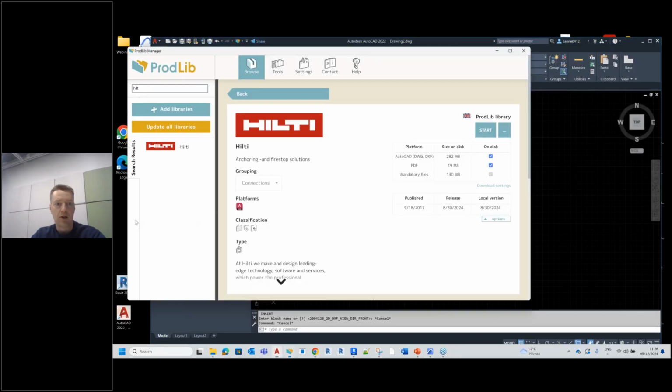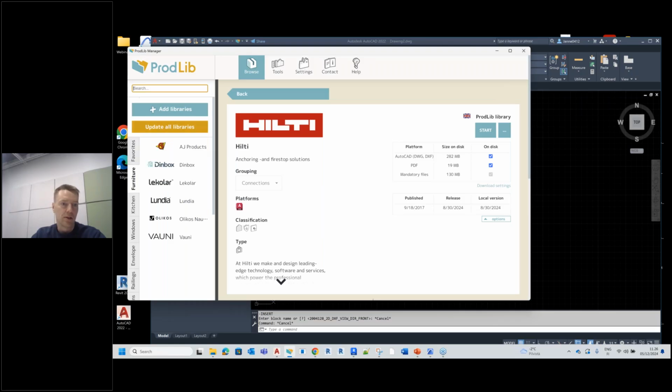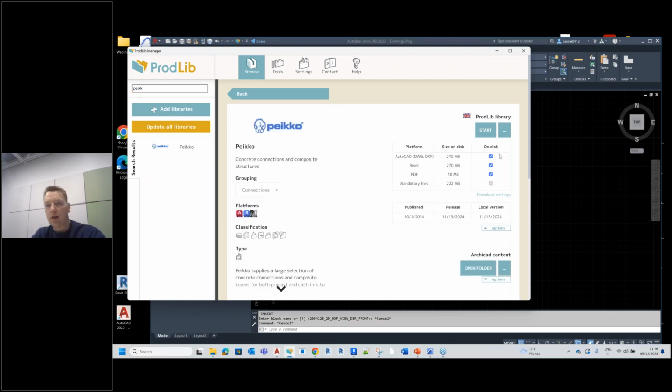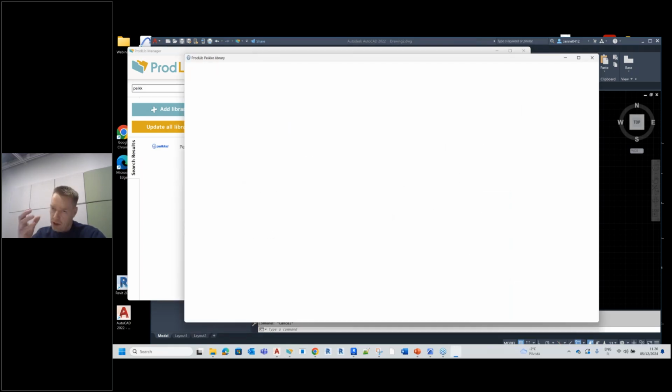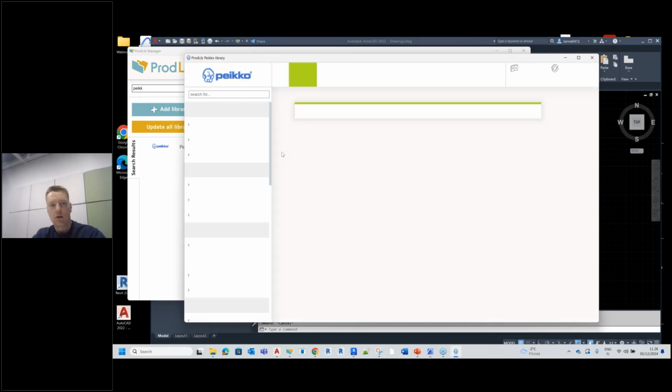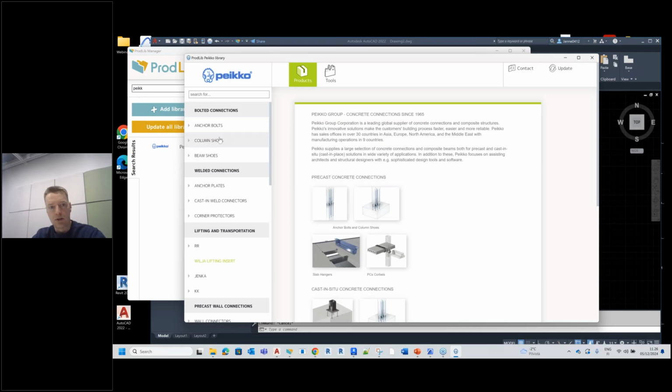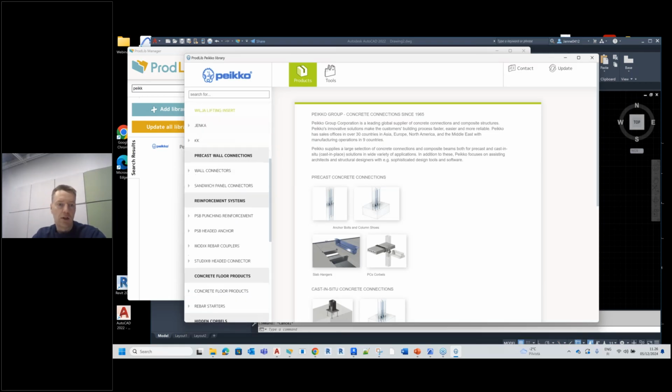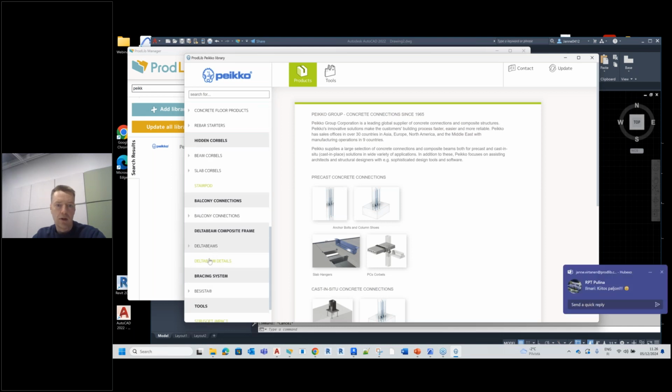So it doesn't matter what I'm going for. Let's take something different. Let's take Peikko. They have lots of 2D CAD blocks of their products. So I see all the concrete connections and bolts and column shoes and so on, but they also have, like in this case, typical details for